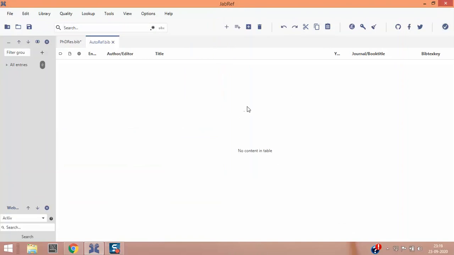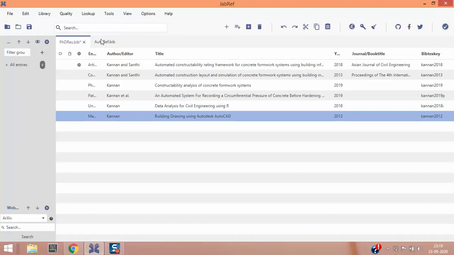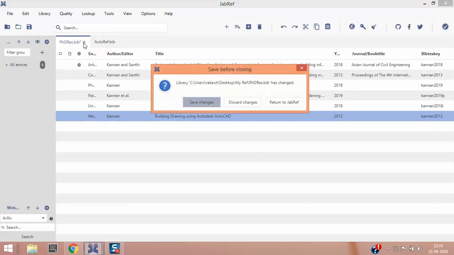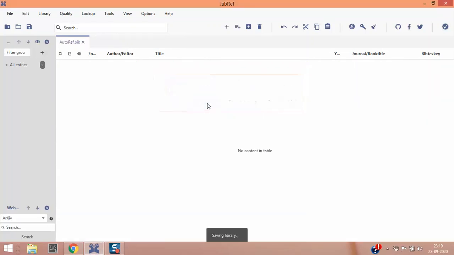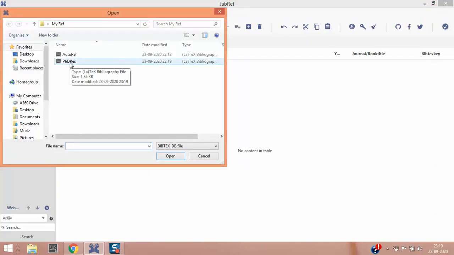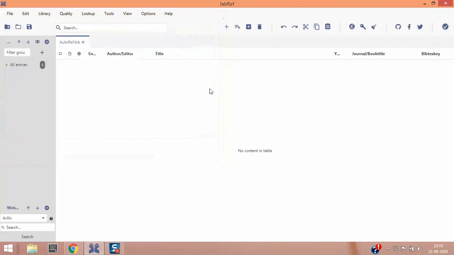If you wanted to navigate to the previous database, you can go ahead and click this, but I'm going to use this one, or I can even close this. I can save the change and close that. If you want to retrieve it, I can go to File and open library, and that will take me to this. So for this lecture, I'm going to show you how to download the bibliography details automatically